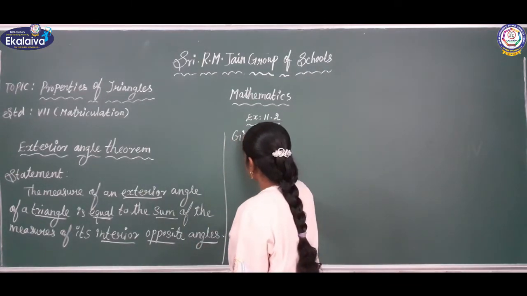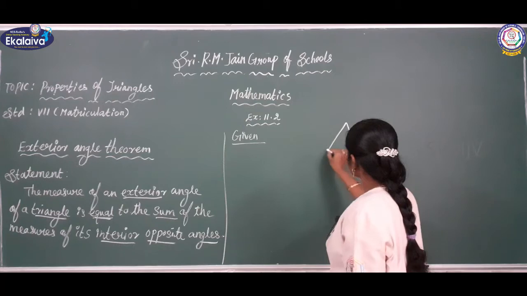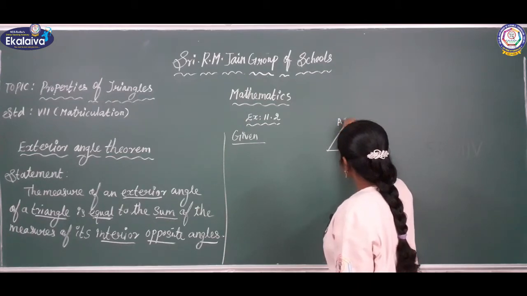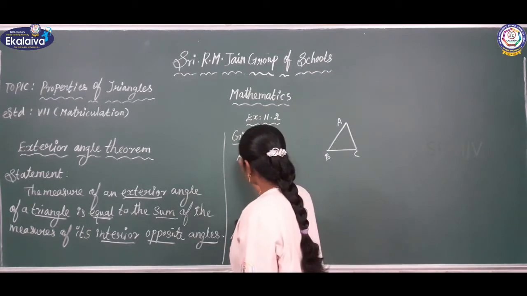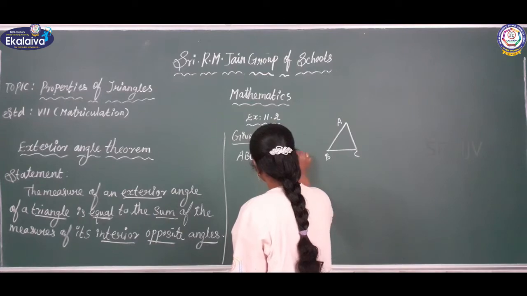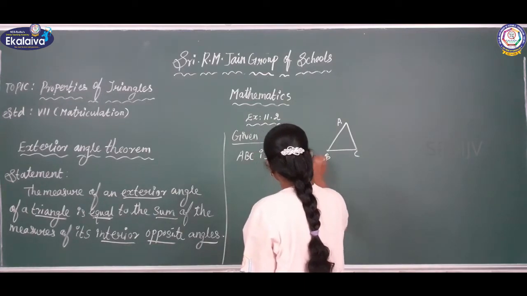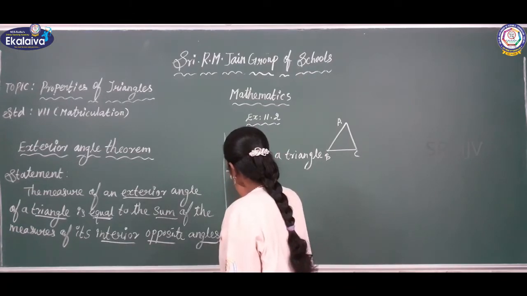So first write the given: triangle ABC. ABC is a triangle. Okay. To prove